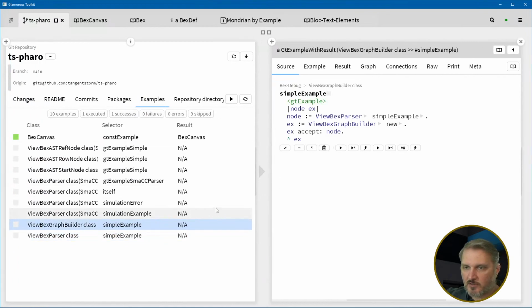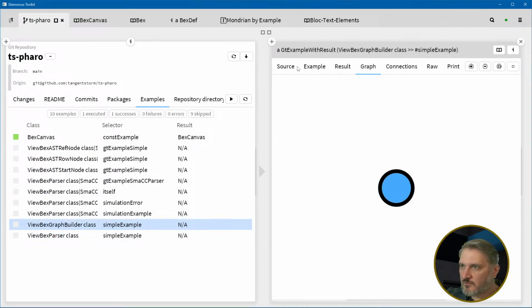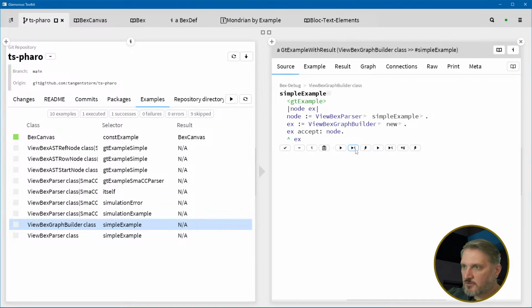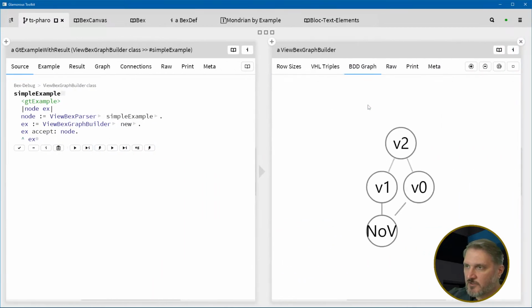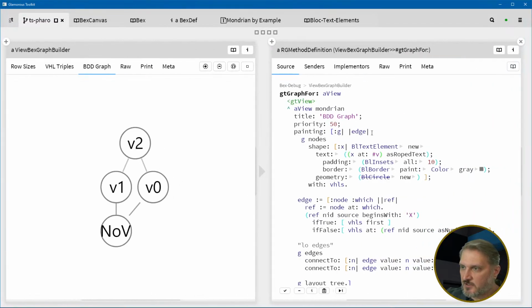Graph builder is what I want. Right, so if I look at the graph, no. Look at the result. Example, what? Okay, so the BDD graph. And now if I alt click on this and see what it did,